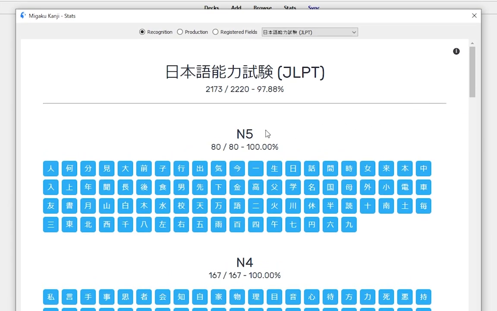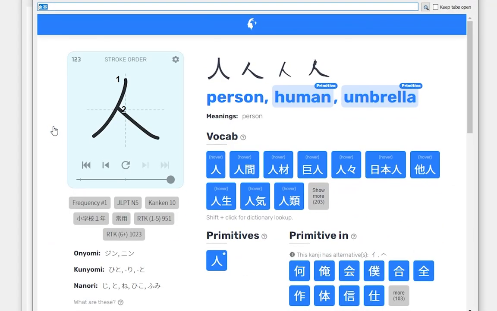The next function in the stats window is you can mark individual kanji as known or unknown. To do this, simply hover over the kanji, press shift and then click. So this one is now marked as unknown. And if I want to turn it back on so that I know this kanji, I can just shift click again. Another useful function from here is if you want to look up a specific kanji because it looks interesting or for whatever reason, you can just simply click on it and it automatically opens the kanji in the lookup tool.